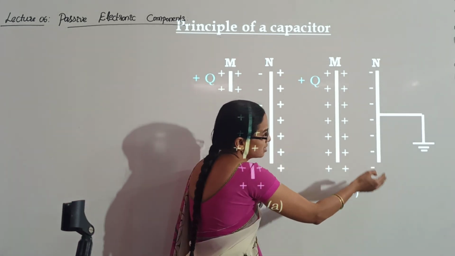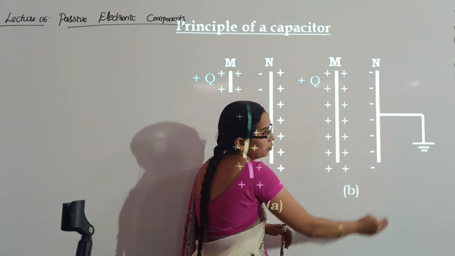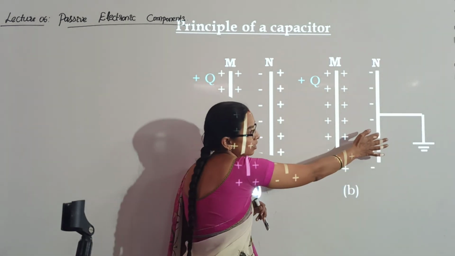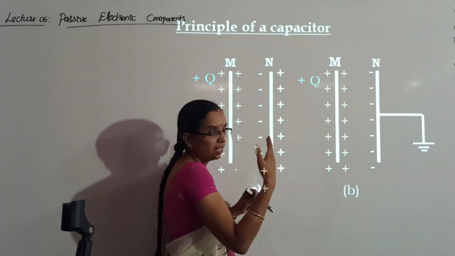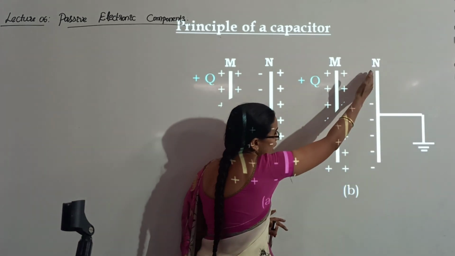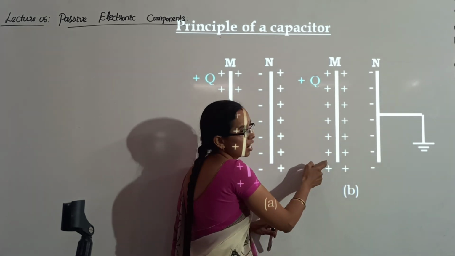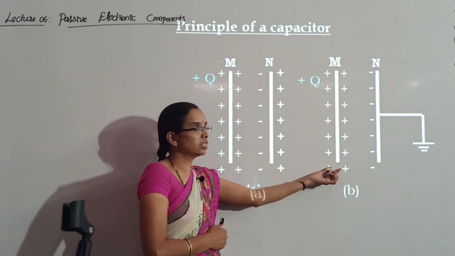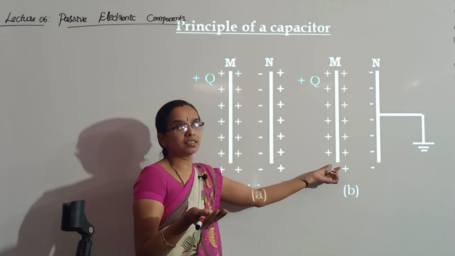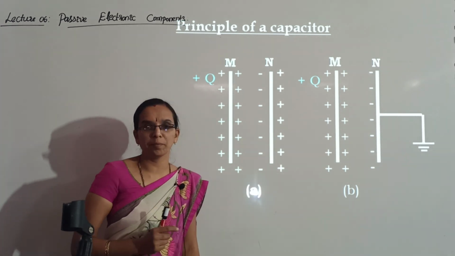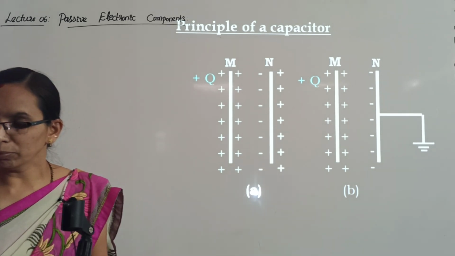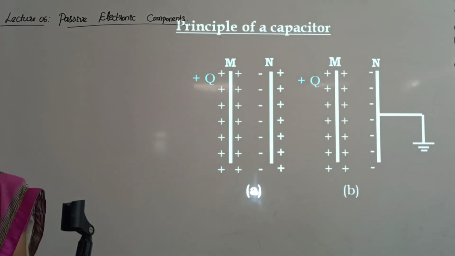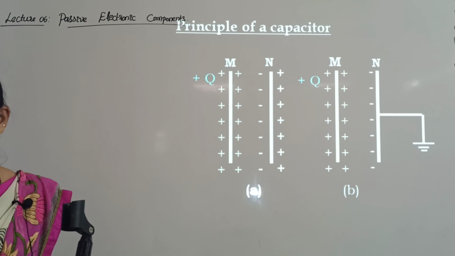So again some negative charges are induced in plate N. So negative charges on plate N will be increasing. Those negative charges start reducing the potential of plate M, which further increases the capacitance of plate M. So in conclusion, whenever a grounded conductor is placed near a charged conductor with a dielectric medium in between, the capacitance of the system increases.